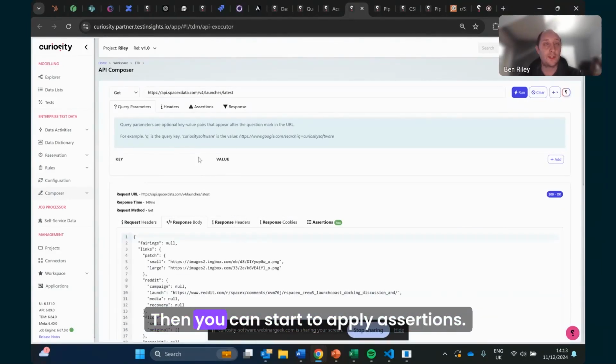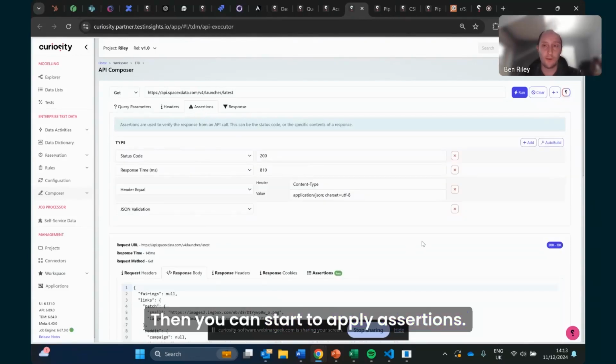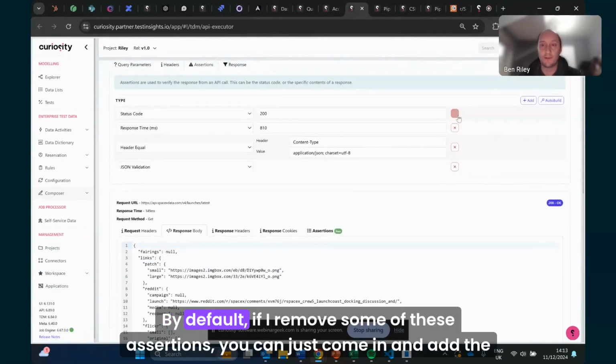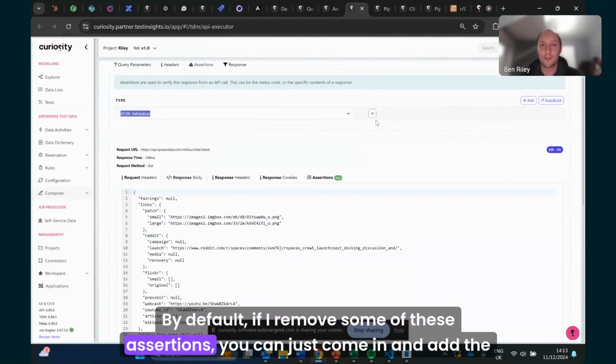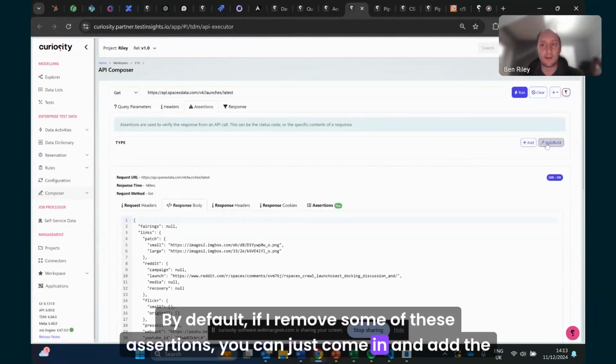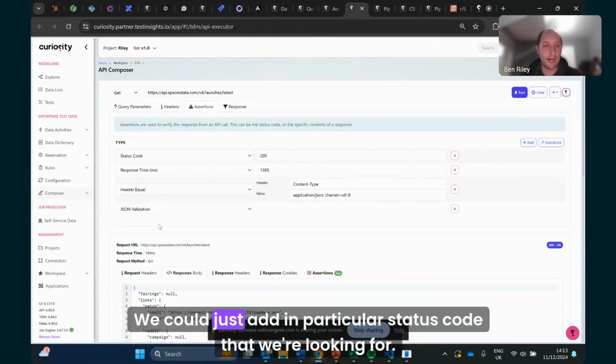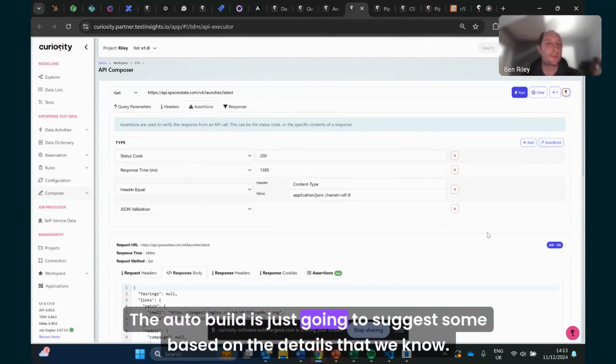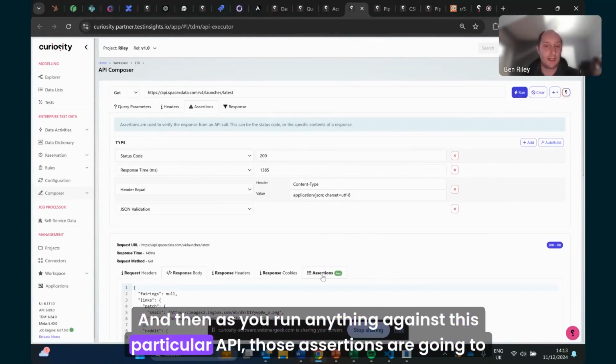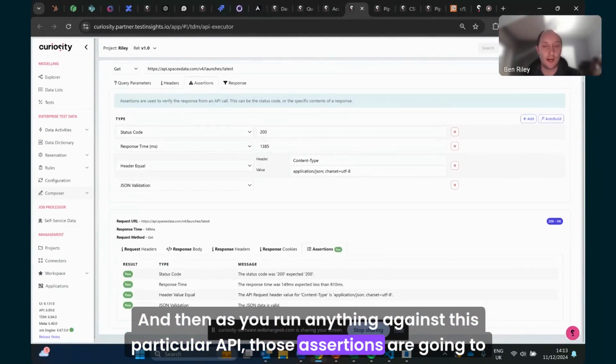Then you can start to apply assertions. By default, if I remove some of these assertions, you can just come in and add the ones that you're interested in. We could add a particular status code that we're looking for. The auto build is going to suggest some based on the details that we know. Then as you run anything against this particular API, those assertions are going to run.